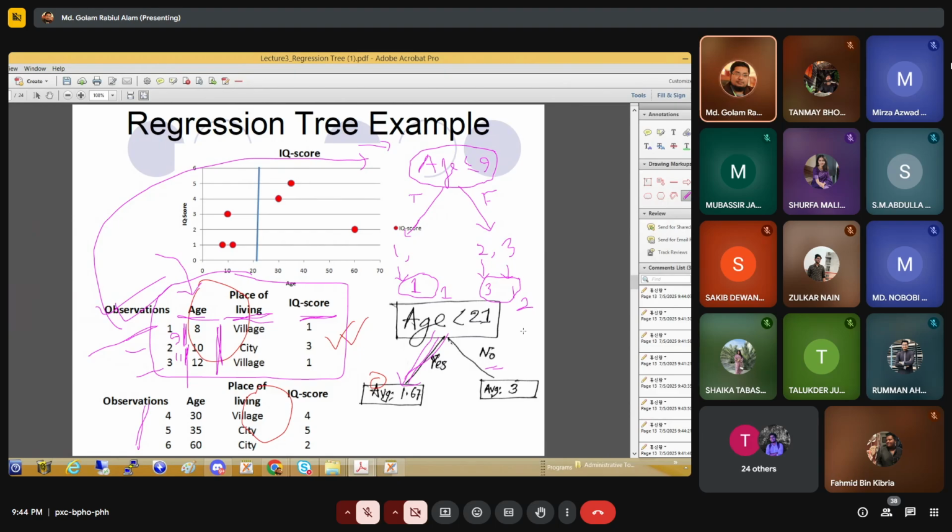So 1 and 2. Now we have to find out again the sum of square residuals, the SSR. So SSR will be in that case, for observation number 1, the original IQ score is 1, and the predicted IQ score is also 1. So it is 1 minus 1 whole square plus